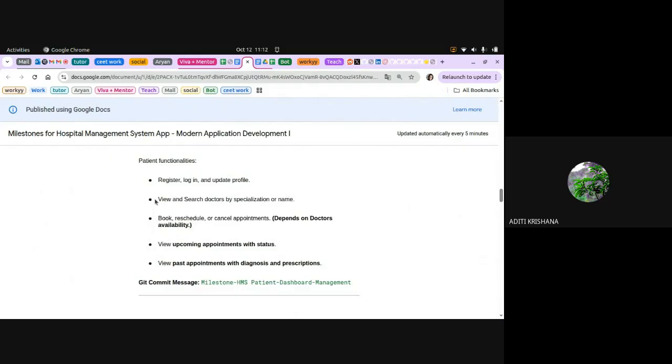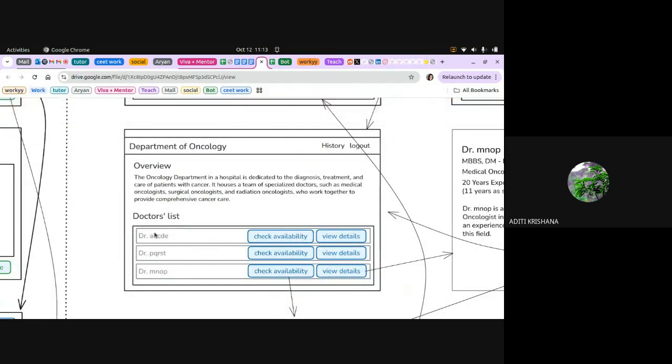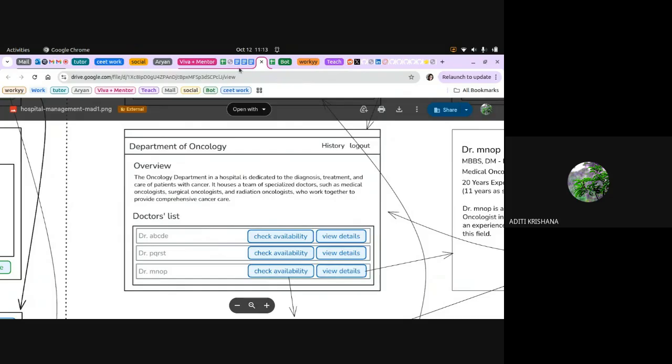And you can give the search functionality as well in the patient's dashboard, which I have already shown you how to do. This view and search will be completed only when you complete this part. Now only can you view all the doctors' details.